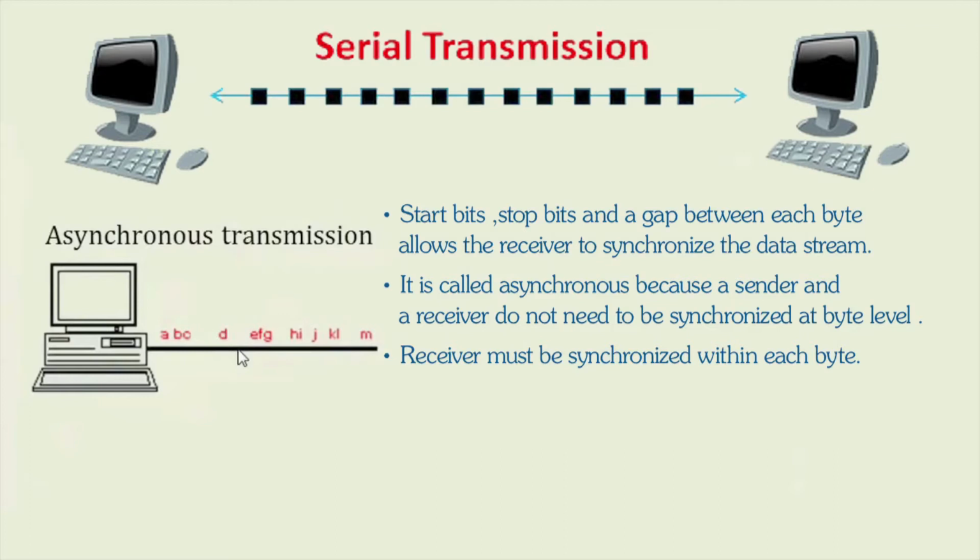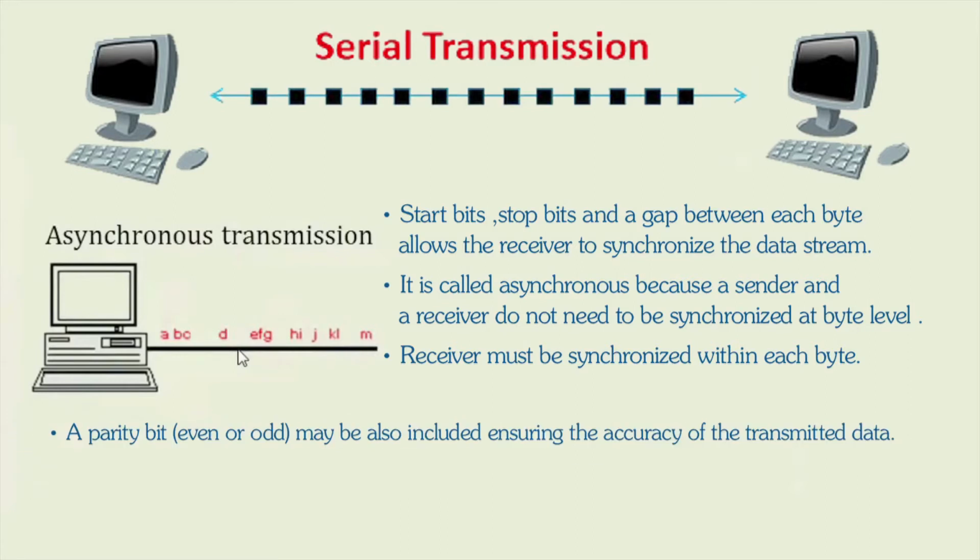The start bit, stop bit, and a gap between each byte allow the receiver to synchronize. There is another point which you have to understand here, which is the parity bit. Even or odd may also be included in ensuring the accuracy of the transmission of the bit data. This is very important, and we discussed all this as part of the first video